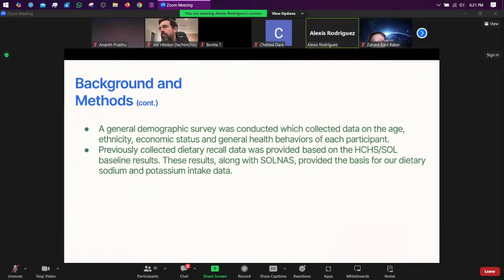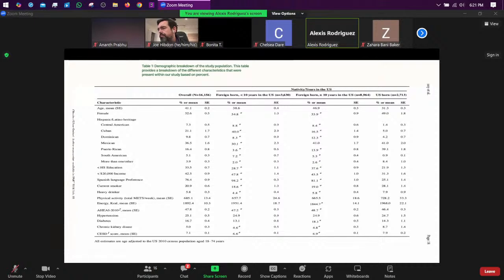This specific study takes a more narrow view on sodium and potassium as they relate to obesity, and that is also in correlation